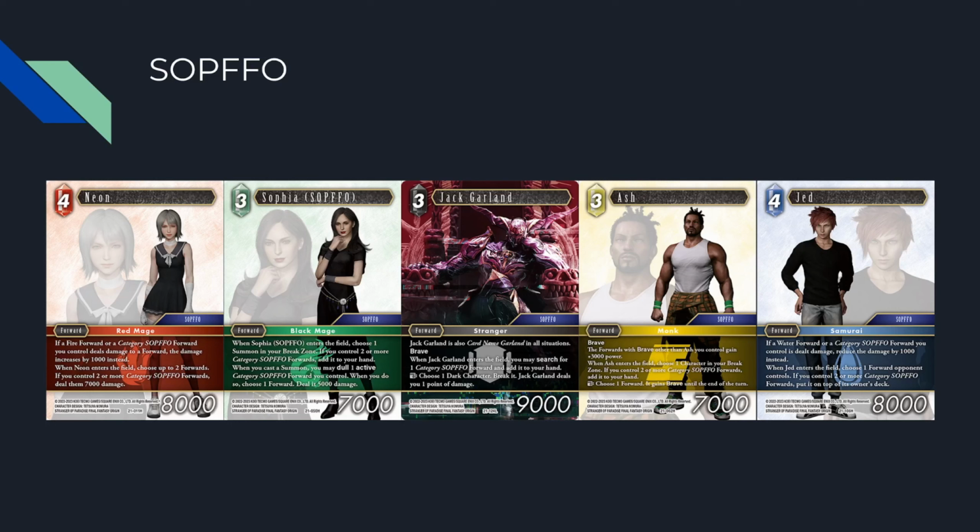And then Jed is a 4 CP water forward 8K. Samurai, for some reason. If a water forward or a category SOPFFO forward you control is dealt damage, reduce the damage by 1,000. When Jed enters the field, choose a forward an opponent controls. If you control 2 or more SOPFFO forwards, put it on top of its owner's deck. All right, that was a bit of a mouthful. So,